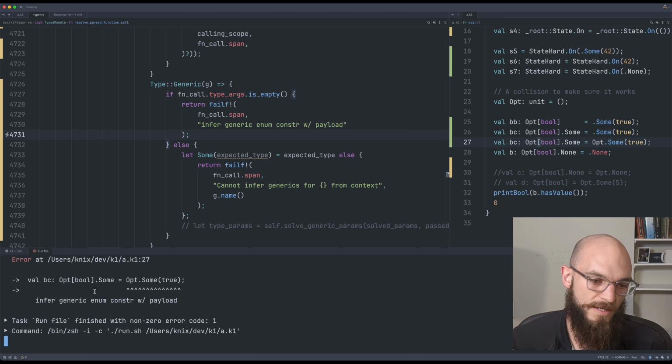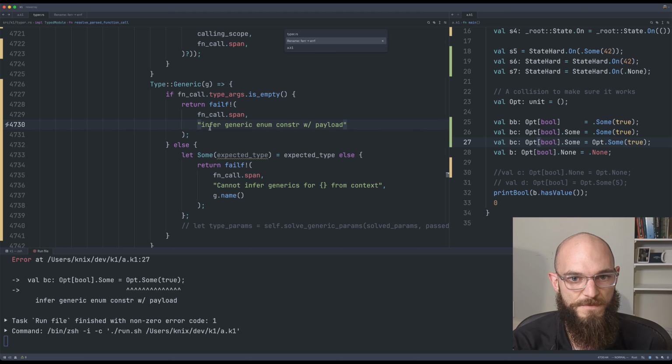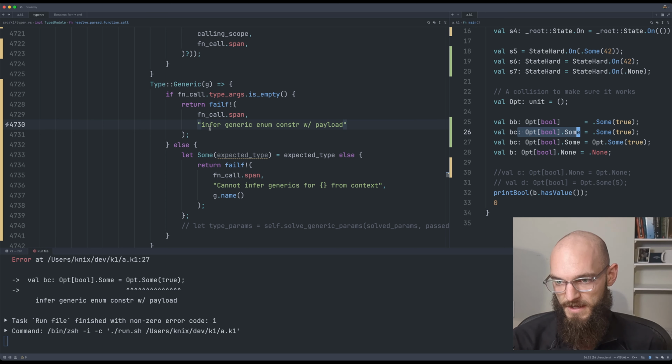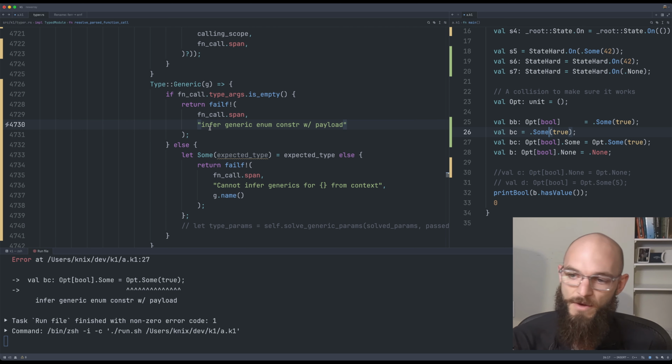So I could do that here and then make it work, but the problem comes if this type were not specified. What that means is the instance of opt specialized on bool has not been created for us. So we have to make sure to create that, which is the act of specializing, which means we need to take some true and basically say, okay, what you actually want is some